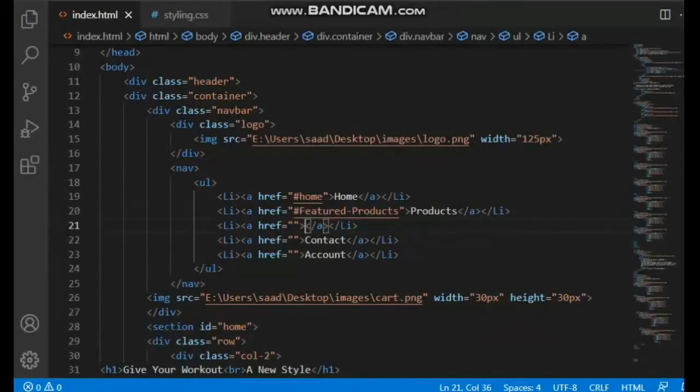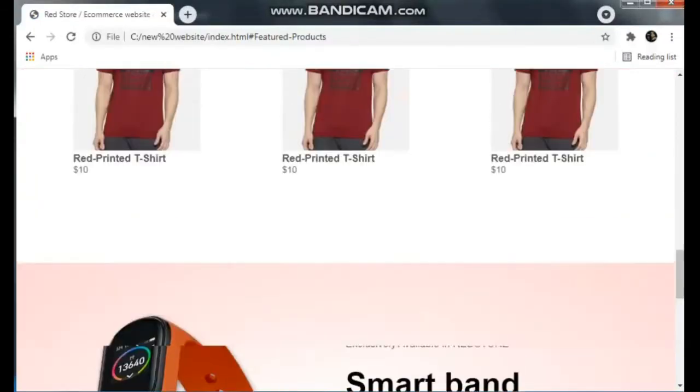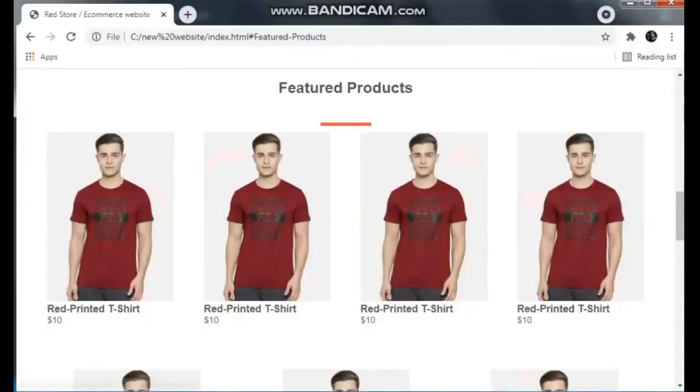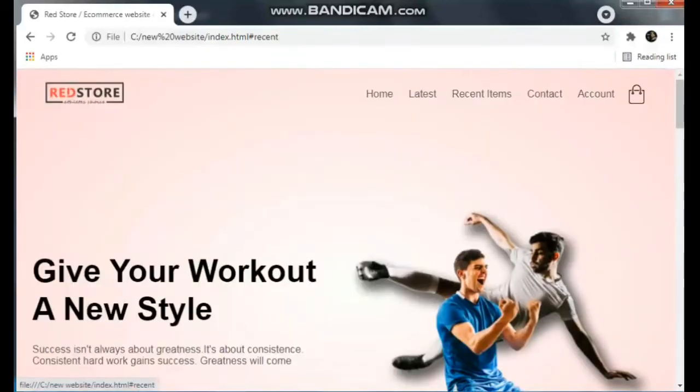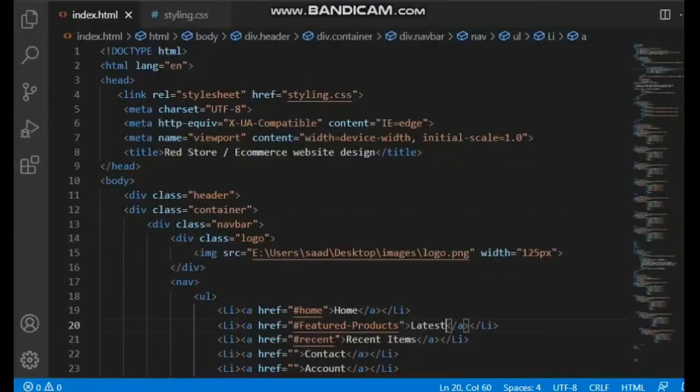Here we will write recent products or recent item. Home, recent, latest item, contact and account, and cart icon.